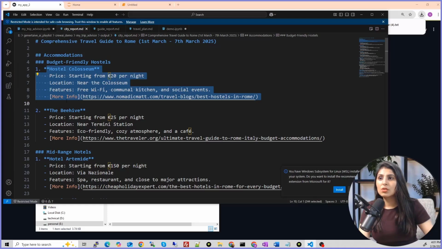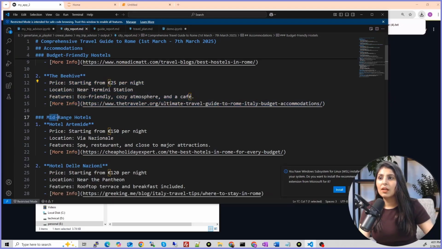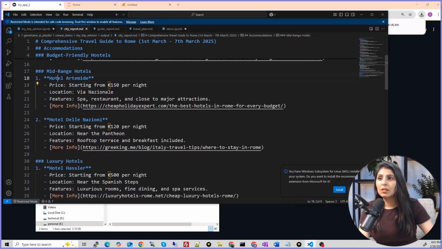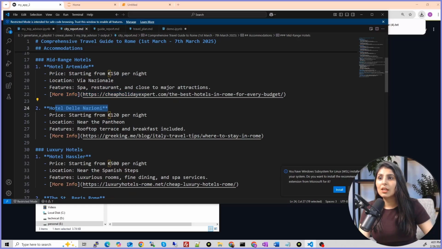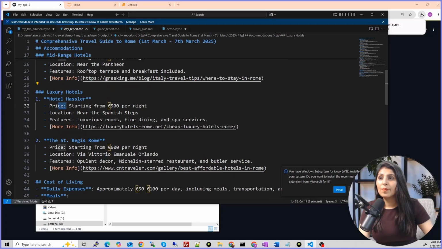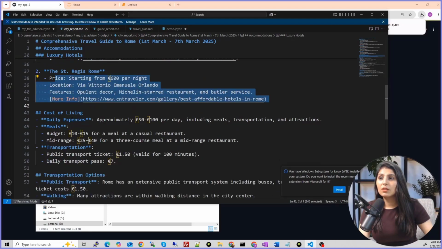See, first it is showing us this, and the price, location, and then it showed us this, and then after that it is showing us mid-range hotels, and the hotel name, price, location, features, and we are having one link also. We can click on it and see more details about it. Then this is the second hotel option. Then it provided us luxury hotels also. Then this is the hotel name, and these are the details. This is the second hotel and the details of that.